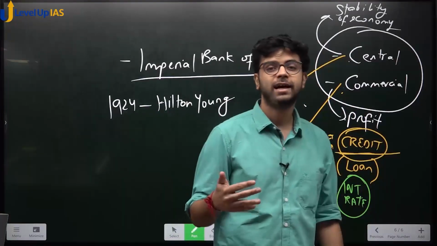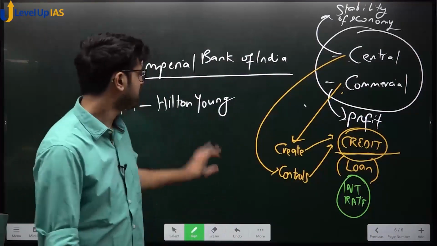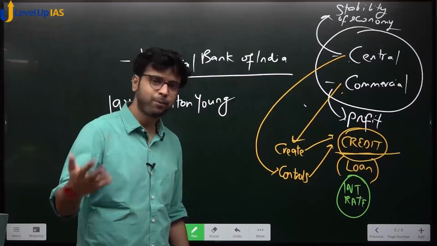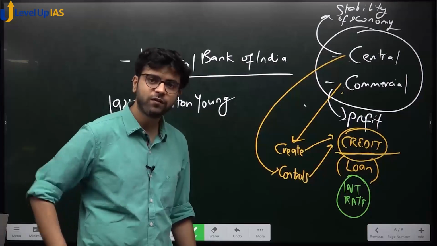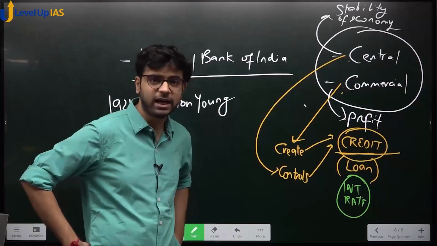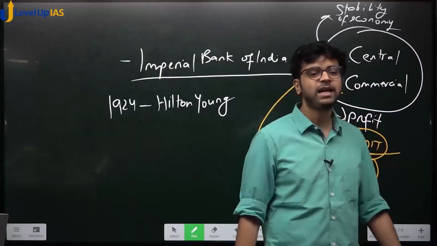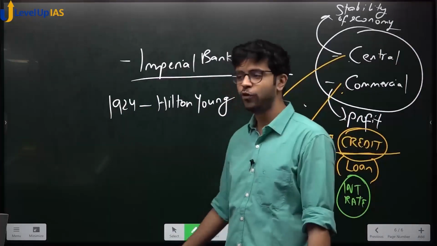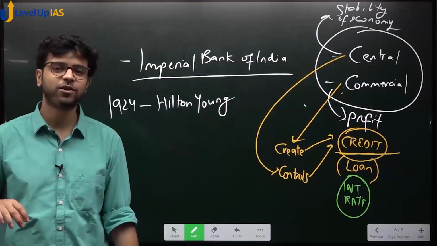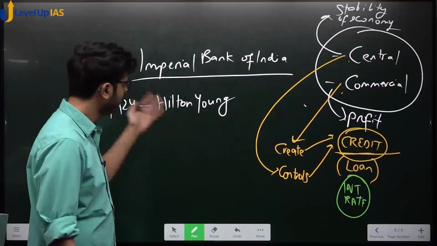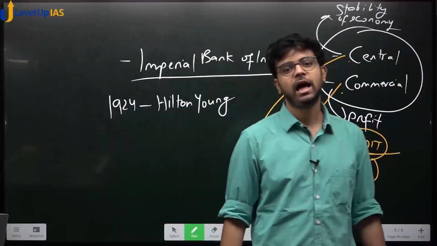Now it is so good. So now obviously this committee must have taken the help of experts. The committee must have called economists for their views, yes or no? कि कैसे करना है, क्या करना है, experts would be called. And it is very funny when I say that one of the experts called was J.M. Keynes. You know Keynesian economics. He also was a part of the expert panel of Hilton Young Commission, and he also gave